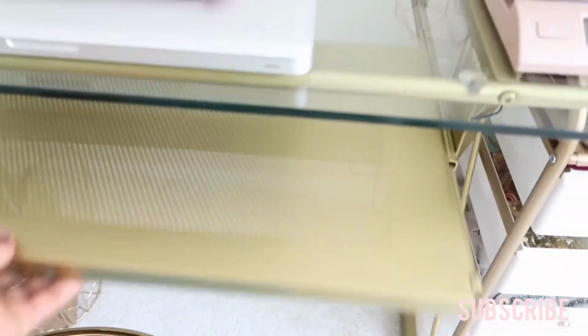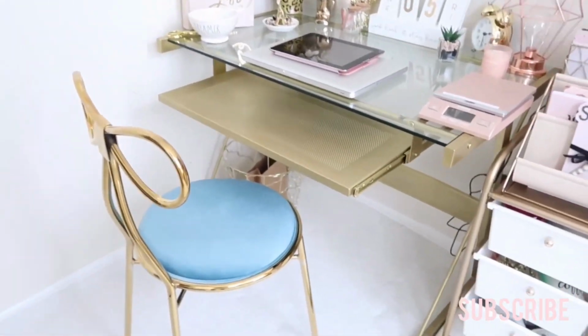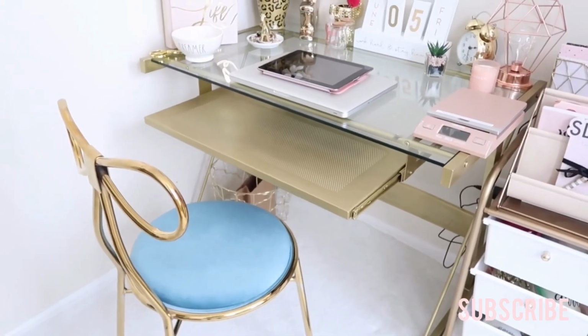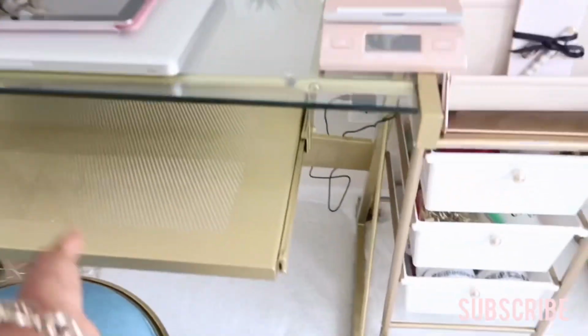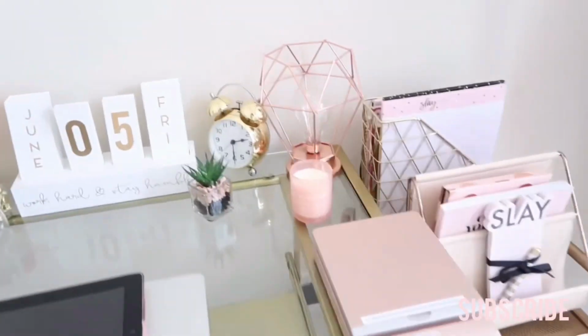I thrifted from Goodwill, and I just did a DIY. If I can find that video, I'll post it. But I did a DIY where I spray painted it myself, let it dry, clean it up, and yeah, so